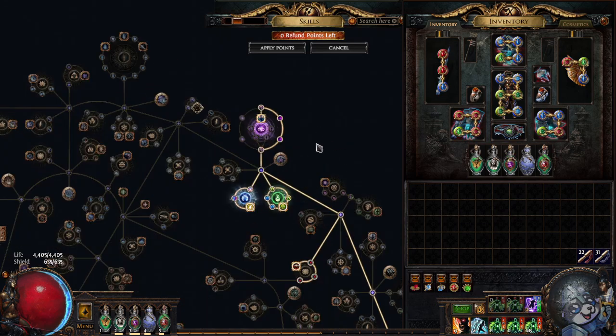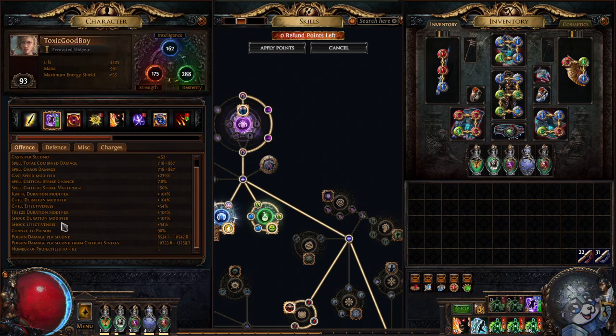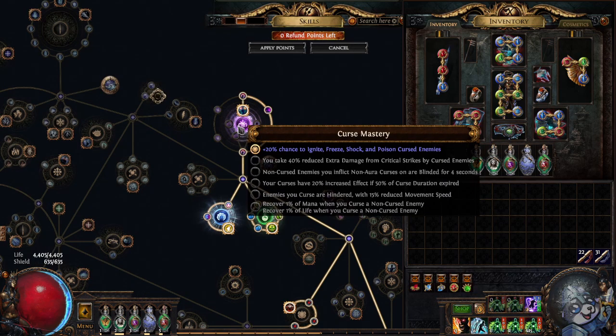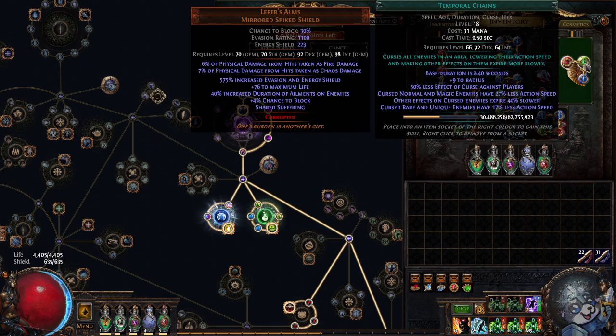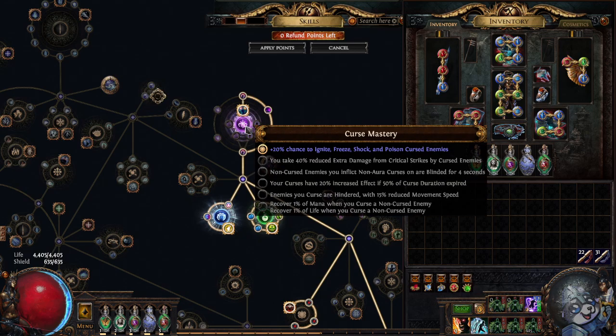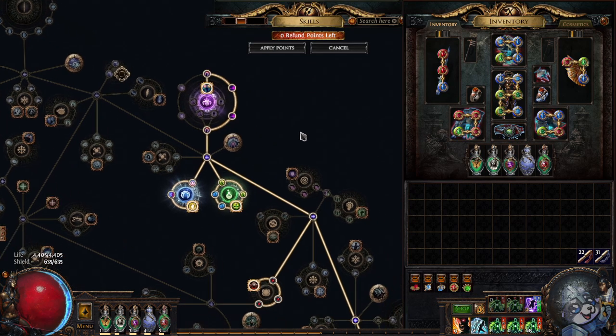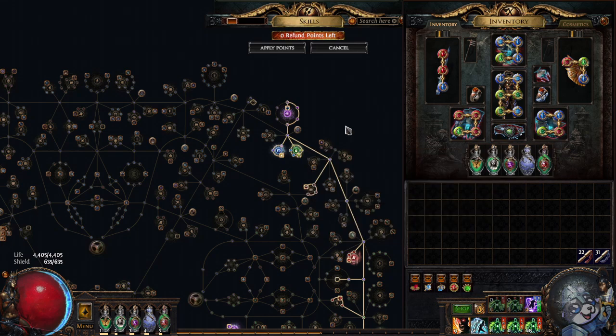If you are, however, finding yourself not at max poison chance, like myself, for example, this is another thing a lot of people ask me about. Chance to poison, 90%. We have a mastery right here that gives us 20% chance to poison on cursed enemies. We have an auto curse with the cast when damage taken link, so this is pretty much up all the time. However, of course, we want true 100% if we can help it, which requires a Herald of Agony with quality, or preferably even so, a